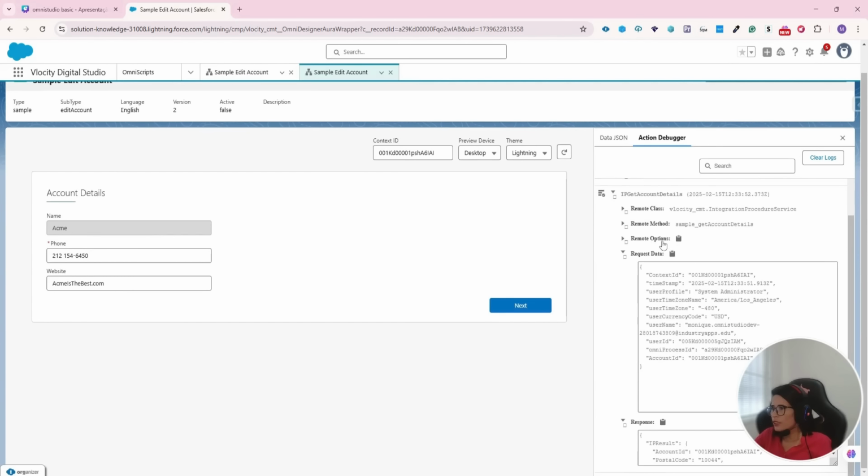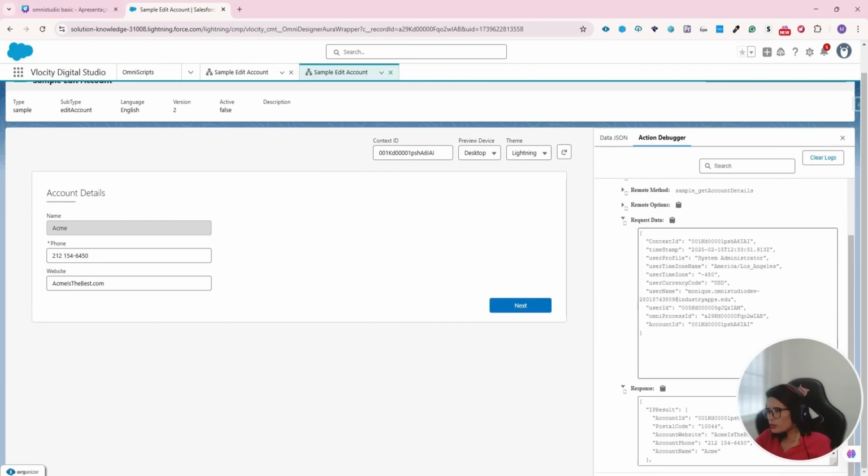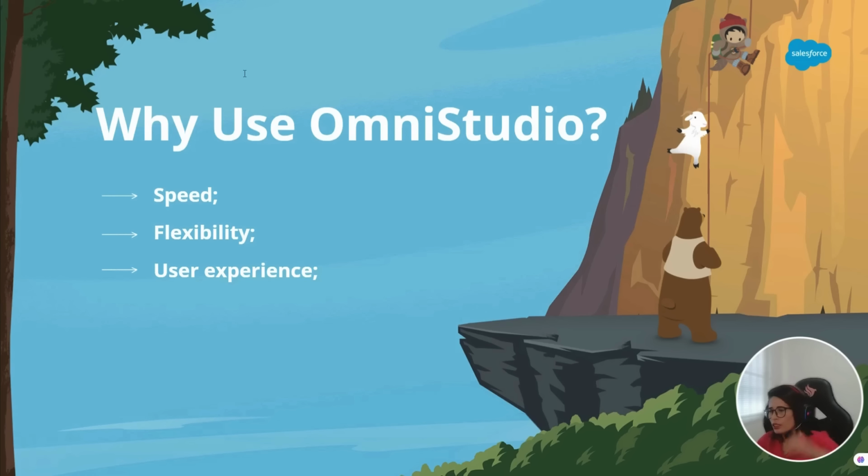To that first integration procedure be solved, and here I have the response with the information of the account that I put there in the integration procedure before, and that is what I'm requiring there. So guys, this was the four main components of OmniStudio and